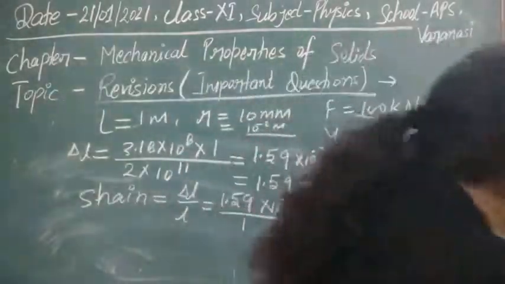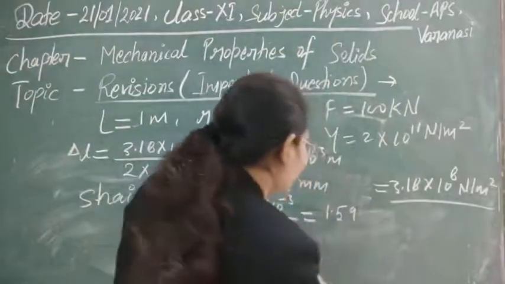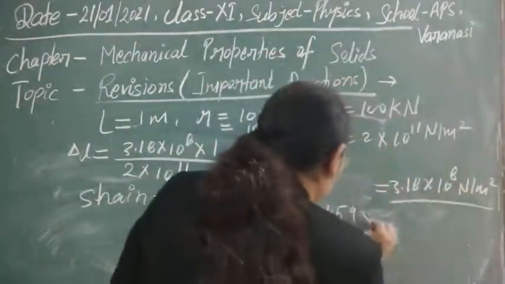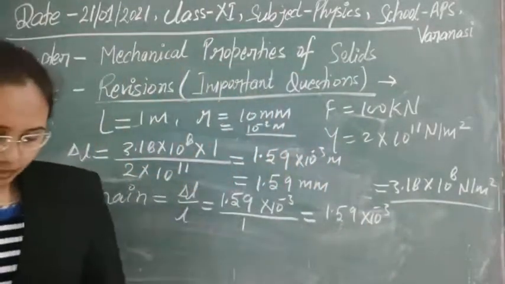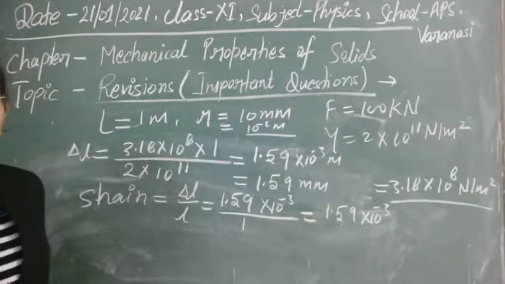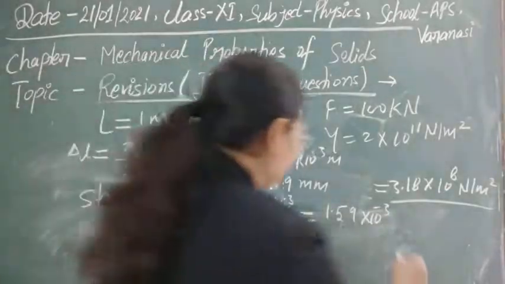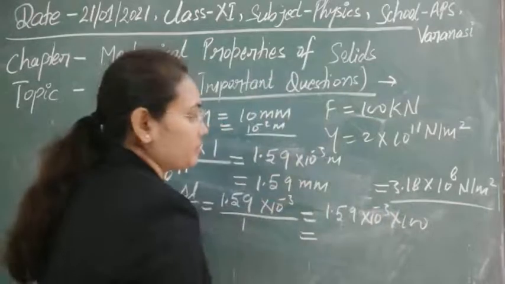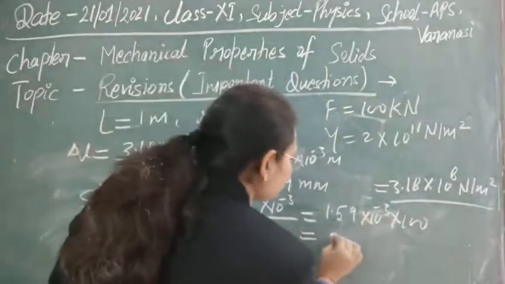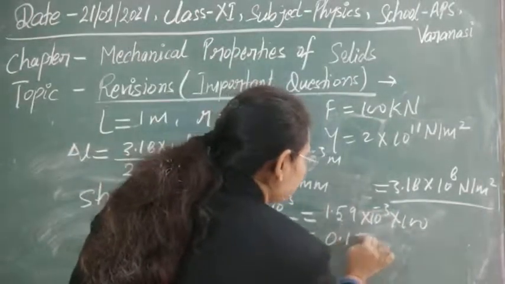So 1.5 into 10 to the power minus 3 is the strain produced in the system. Now to calculate percent strain, we just multiply by 100. In that case this will be 0.159%